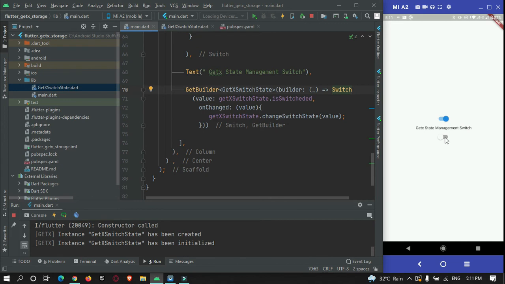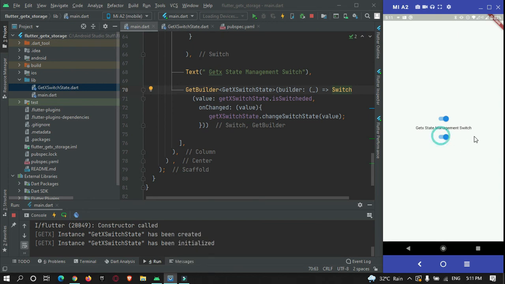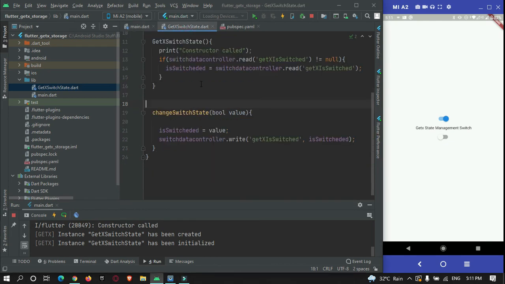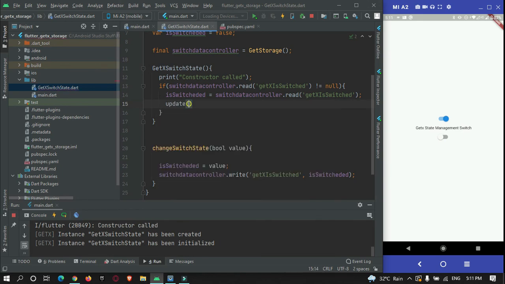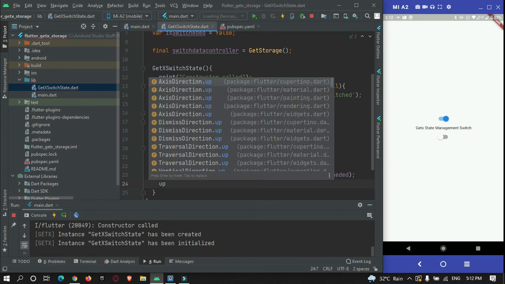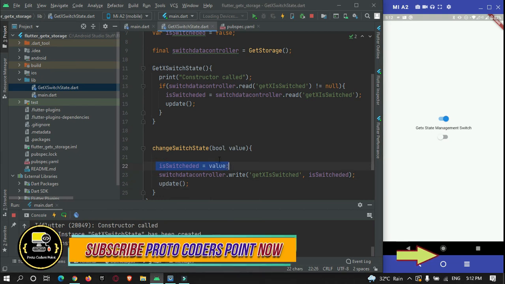Now if I click on this switch, it will not work, as you can see. That's because in your GetXSwitchState over here you need to call an update method. Update. Now what is happening is whenever you press on this switch, the switch will get changed.